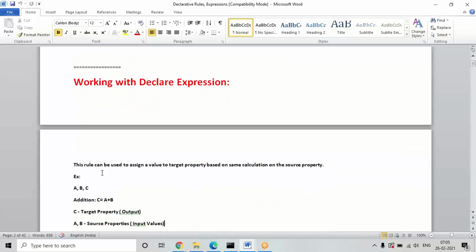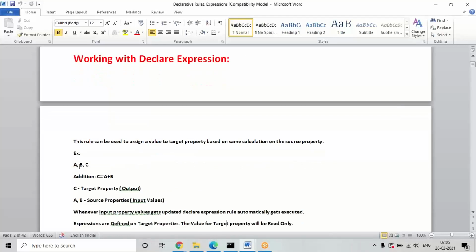So declare expressions are fixed. Suppose you use the properties in a particular scenario or condition, then for the same property we cannot define another declare expression. So wherever you use that property C and A and B, the same condition will always apply. Everywhere the same condition applies. For example, if I want to perform a calculation as C equals A plus B, then again for C I cannot define C equals A into B using declare expression. So if you want the same condition everywhere, go for the declare expression.